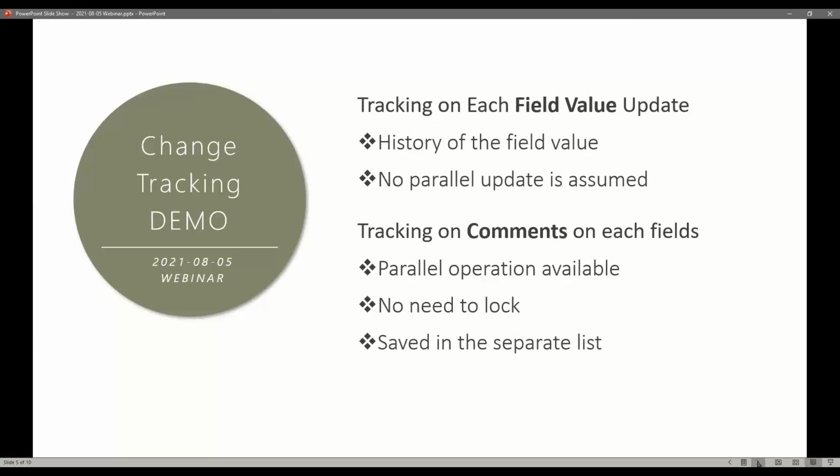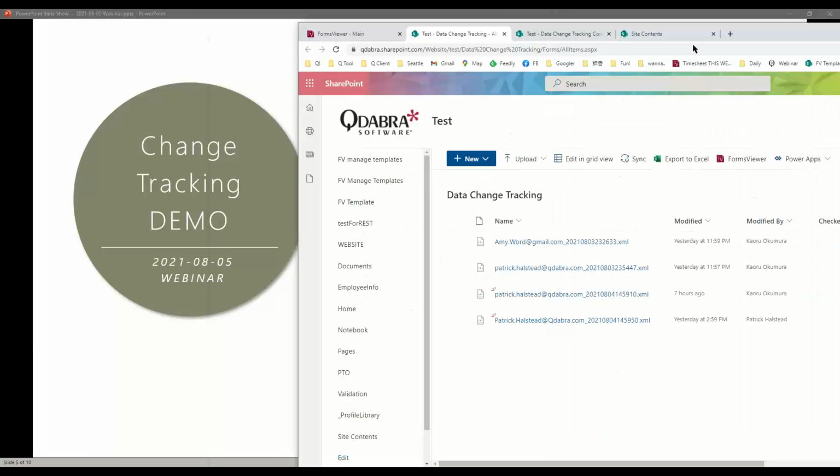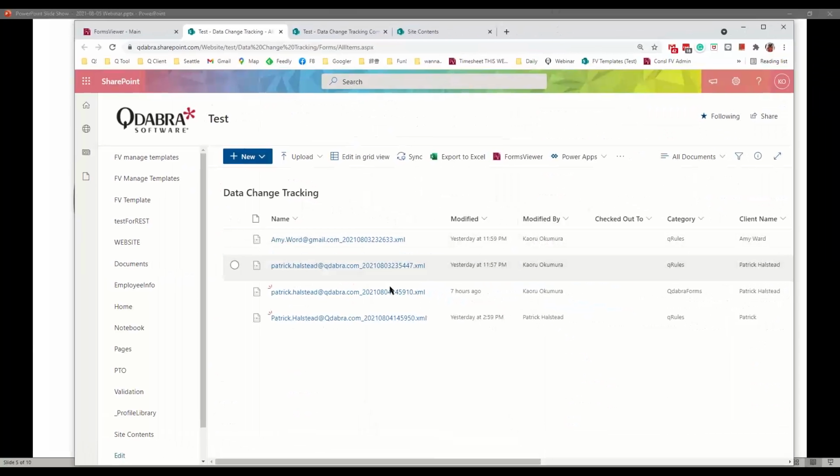Okay, thank you. So we are going to show two types of tracking in this demo. First one is field level, and the second one is the comment level. So let me just start showing the sample. So I am going to open one